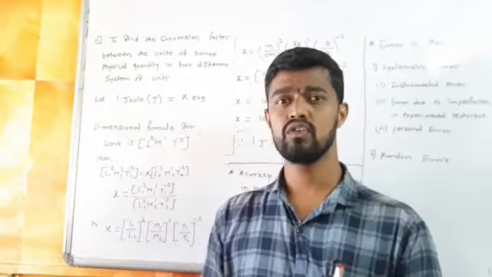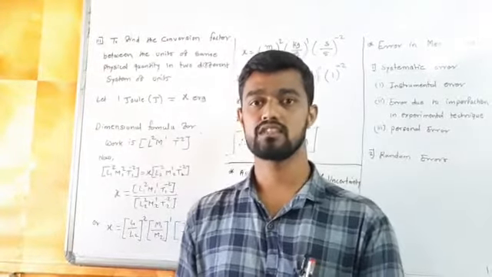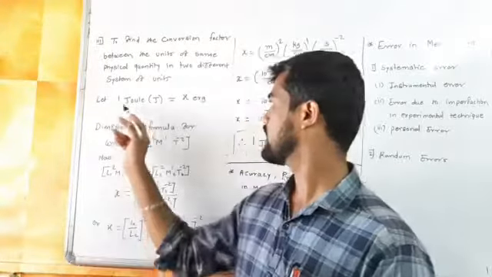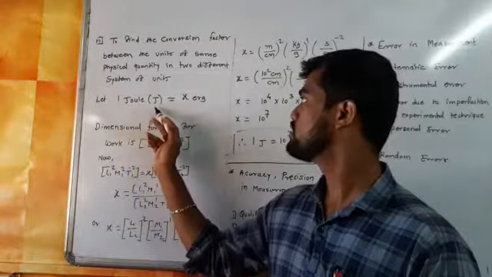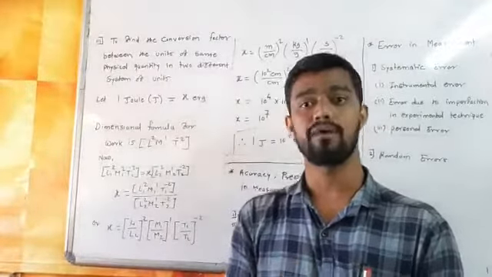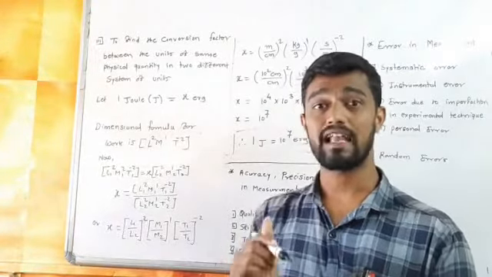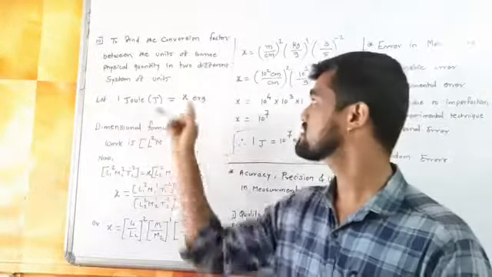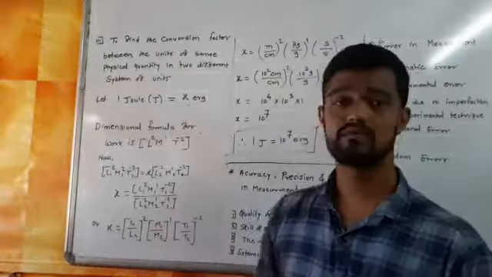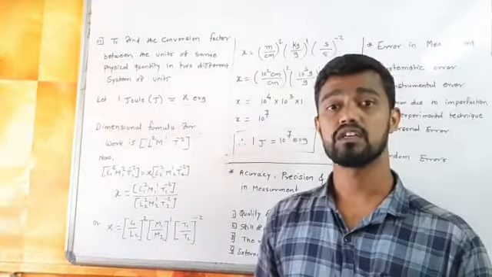So we don't know the conversion factor. What does that mean? Joule to erg: let 1 joule equal x erg. We don't know the value of x. Now we are going to calculate the value of x. This is called the third use. When you find the value of x, you get the third application.